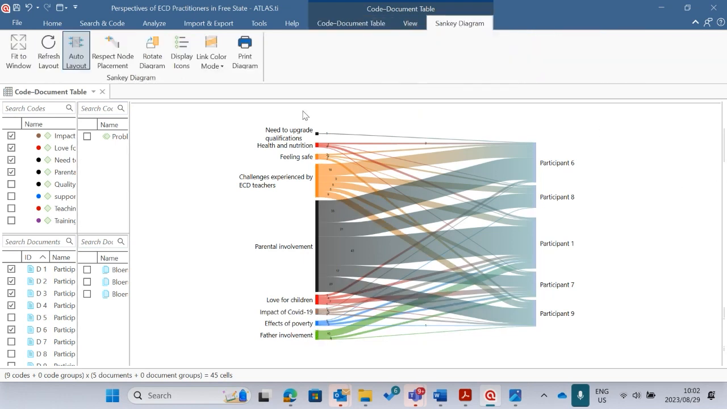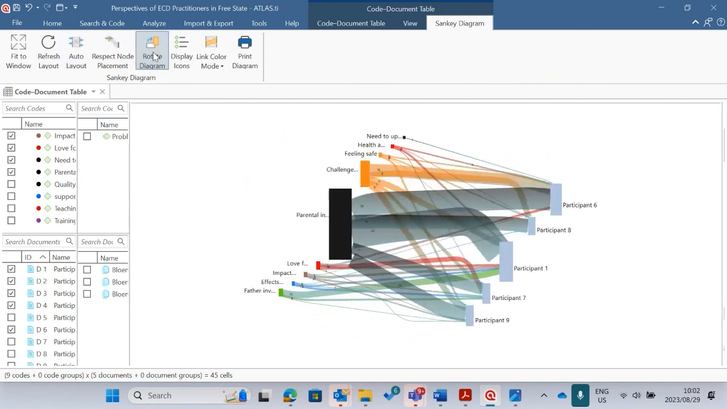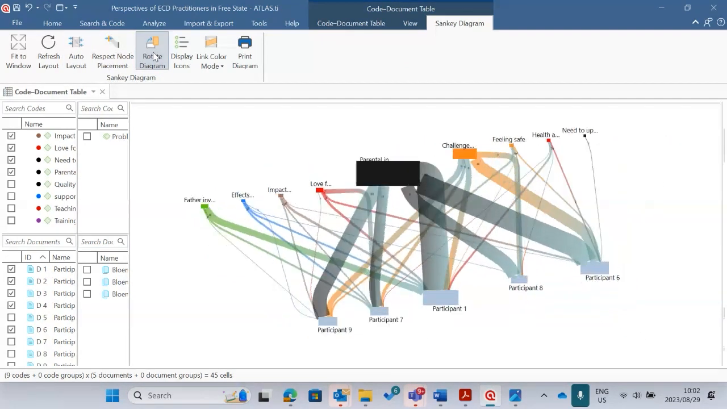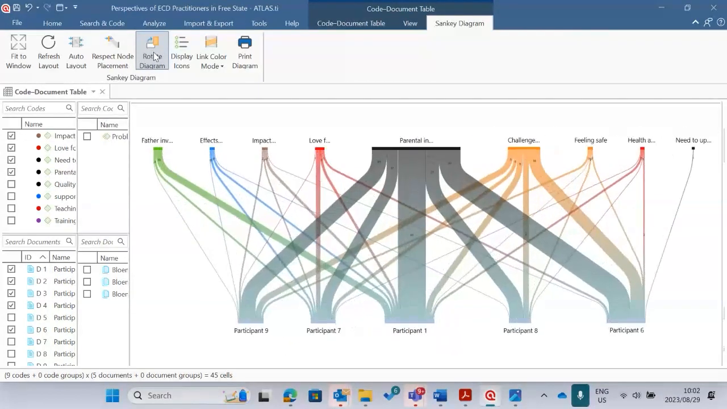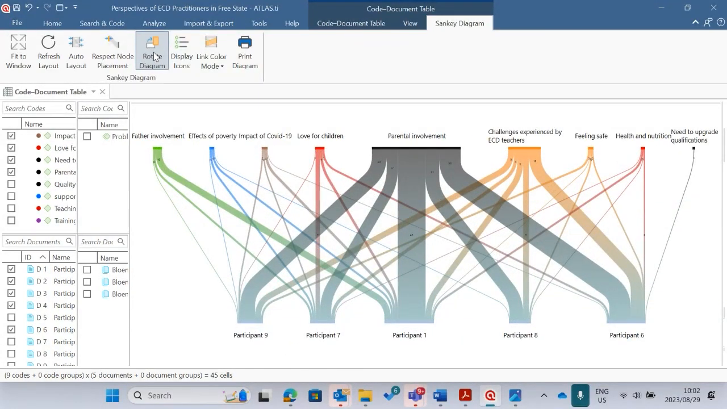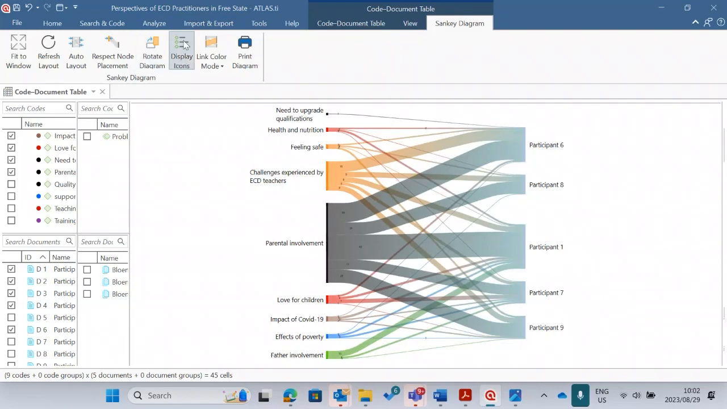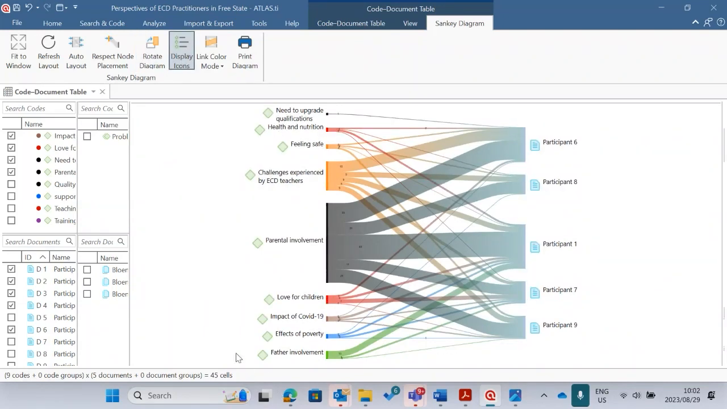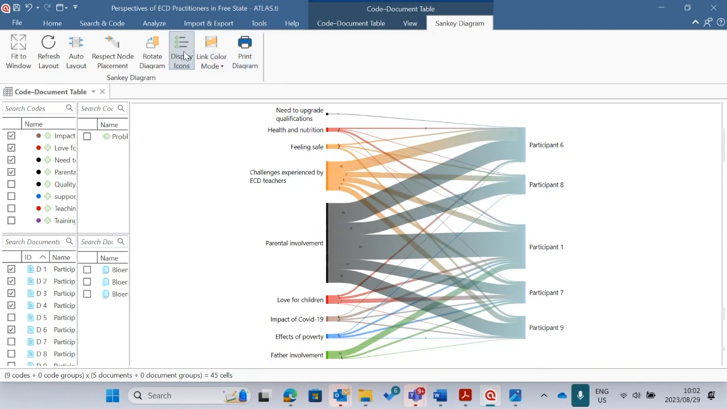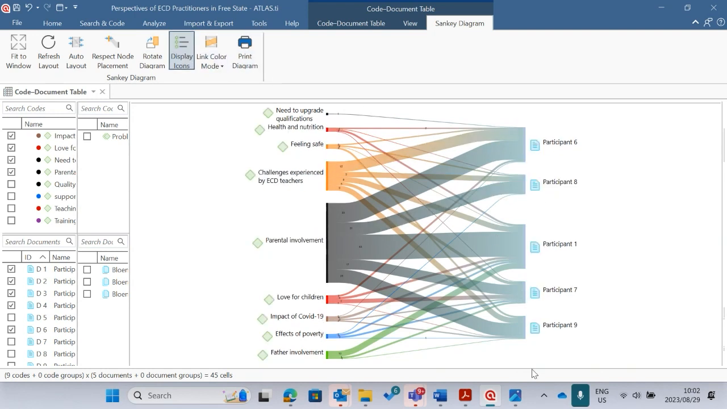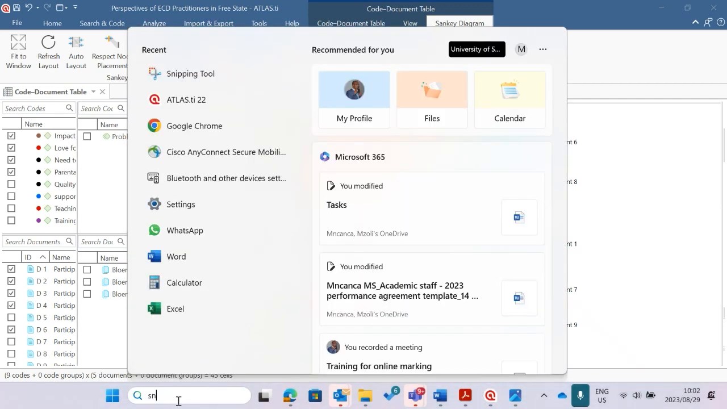Let me see what else you can do with the Sankey diagram. Let's see, what can you do there? That's auto. So you can rotate it, but it probably won't fit your page. I'm not sure if it's going to fit if you rotate it. You can also display the icons to show these are codes and these are documents. You display those icons. Yeah, so you can do that. So you just snip this Sankey diagram if you want to,